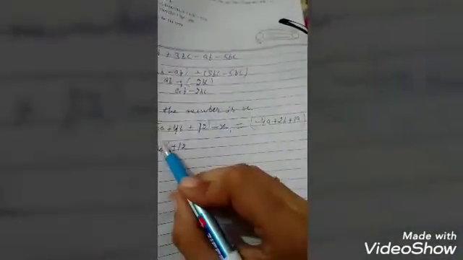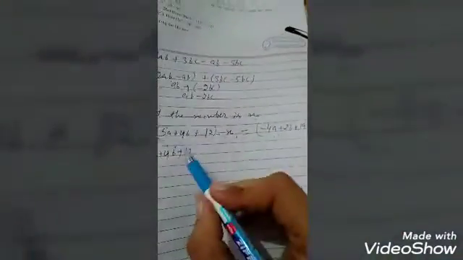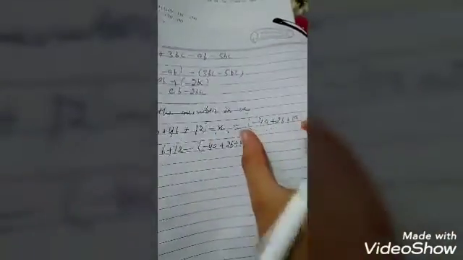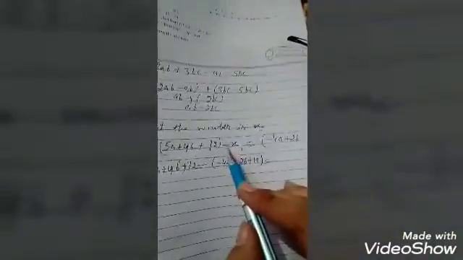Now we will solve this. 5a plus 4b plus 12. Now I am going to shift this number that is on the right side to the left side. When we shift it to the left side, it will become negative. Minus 4a plus 2b plus 19, in brackets, the whole number we will shift. After that, on the right side we will shift x. X is negative, it will become positive.